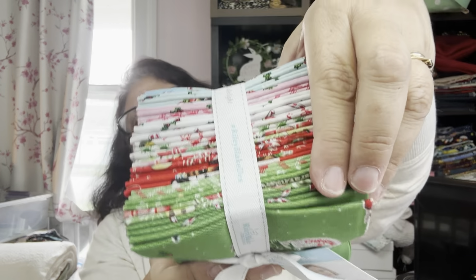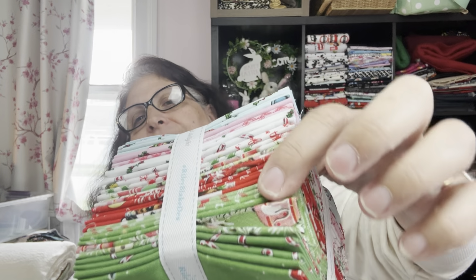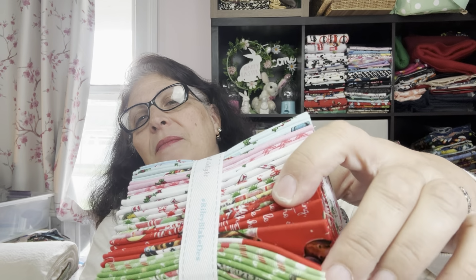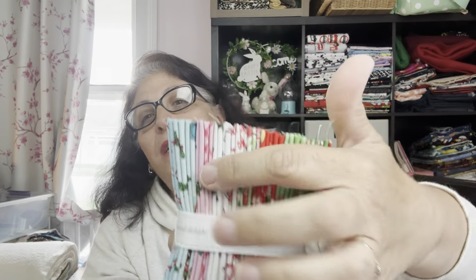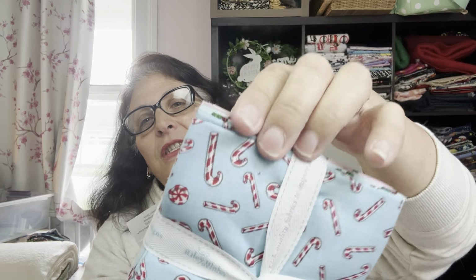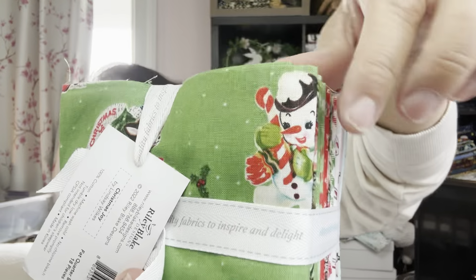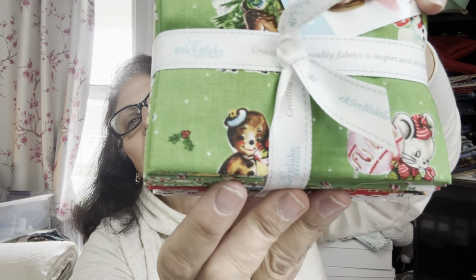It's just so gorgeous, the color combinations, and it's got very much of a vintage flair to it. I love this so much. I love the pinks with it for Christmas, and I just love the candy cane fabric up there. But if you can see, these are just cute little vintage pictures on here. So this was Sugar Spun Quilts